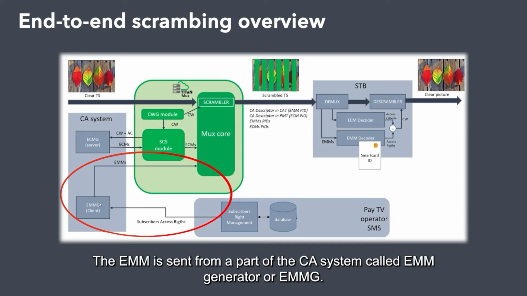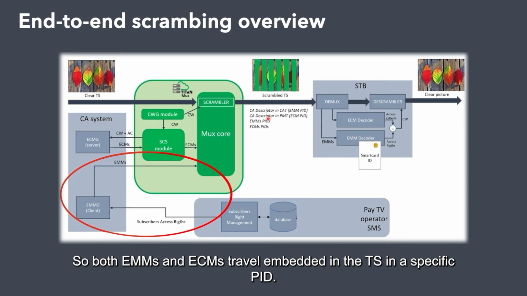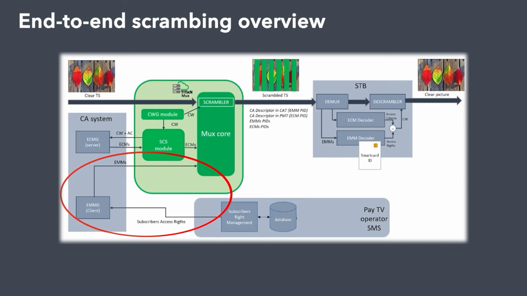The EMM is sent from the part of the CA system called the EMM generator, EMMG. It's sent to the MUX, and the MUX places them in a specific PID, the EMM PID, in the output transport stream. So both EMMs and ECMs travel embedded in the TS in specific PIDs. As you can see, the CA system needs to know which entitlements every user has to create the EMMs, and